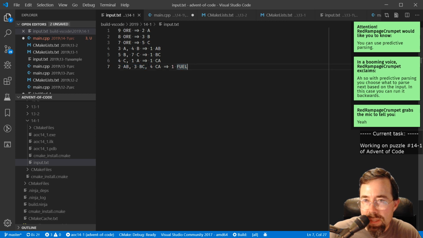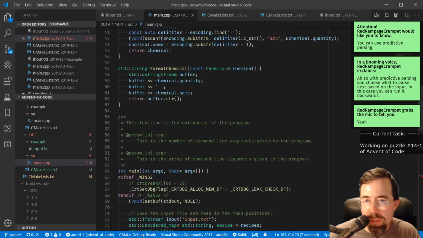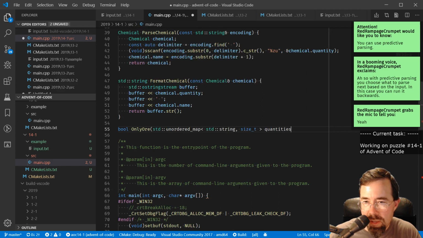Okay, now look at the inputs, and then replace the one fuel with those, and so on and so forth. So I think I want to just continue until we only have ore left. While... I guess we can make a helper for this. While not only ore quantities, and we'll define this up here, only ore, given this data structure here,